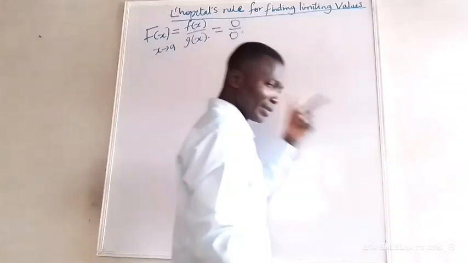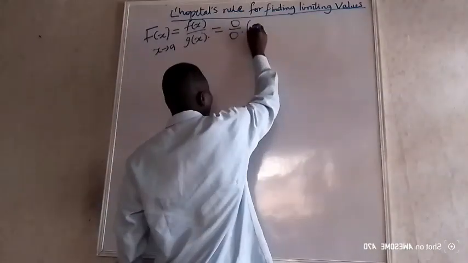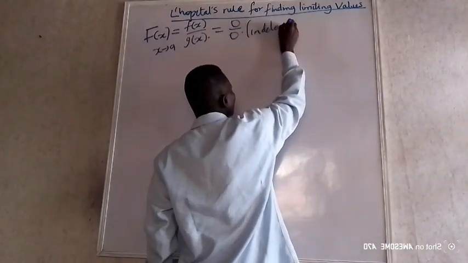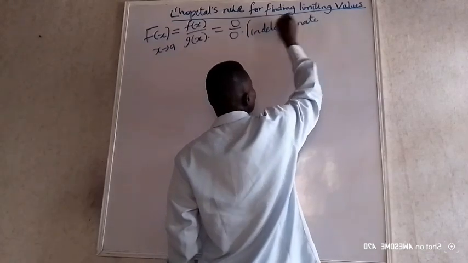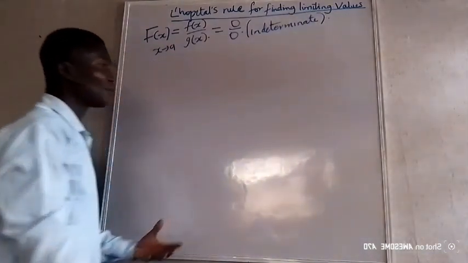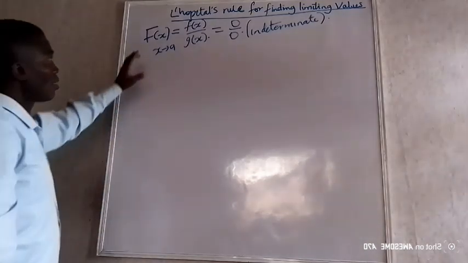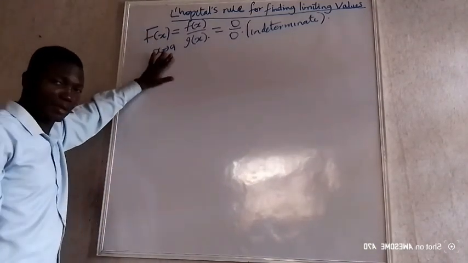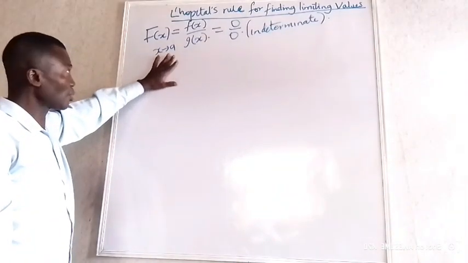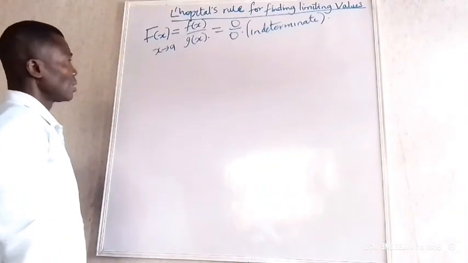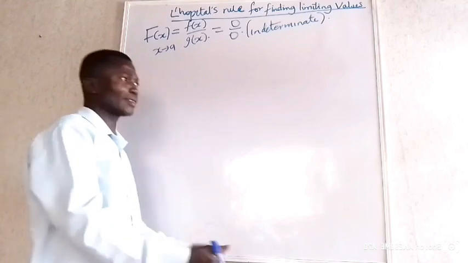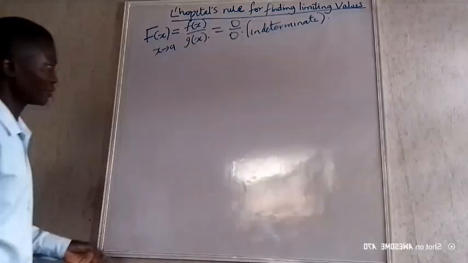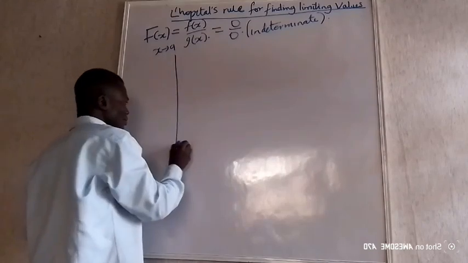We refer to this as indeterminate. How do we now find the limiting value of this as x tends to a? L'Hopital came with a reasoning and said, okay, assuming we have this,